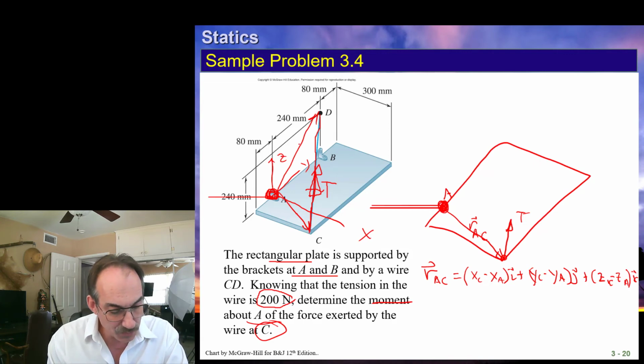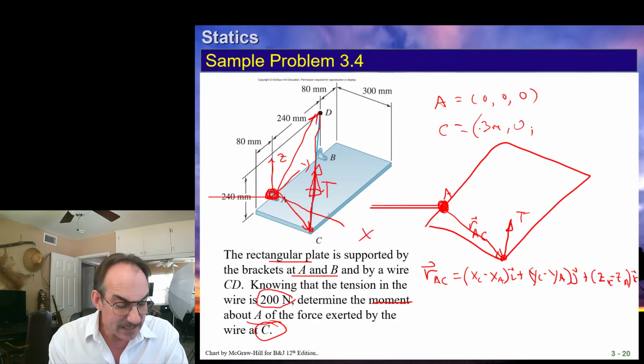If that's true, then point A is now at 0, 0, 0. Point C, according to that coordinate system, is at 300 millimeters, which is 0.3 meters in the x, and